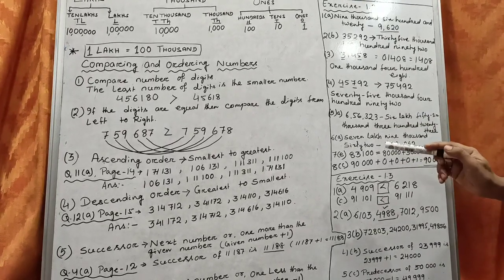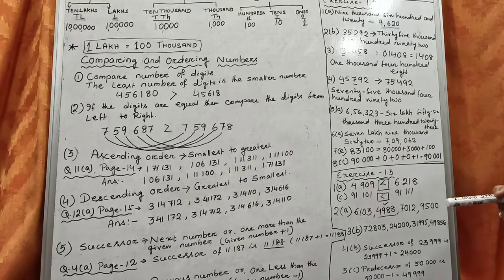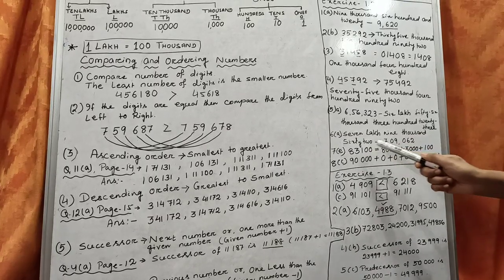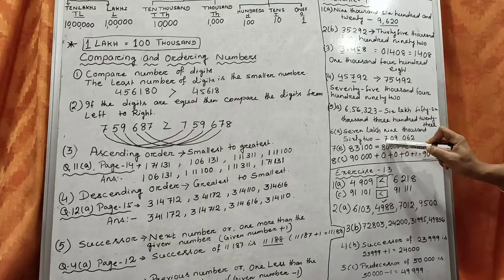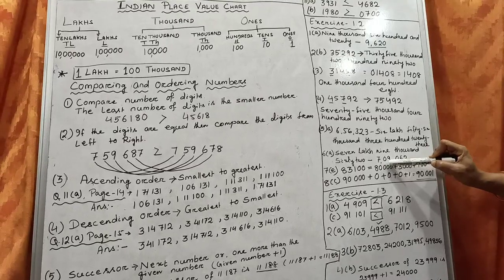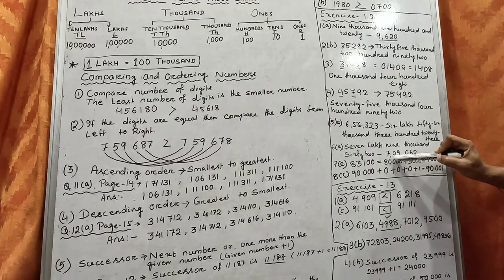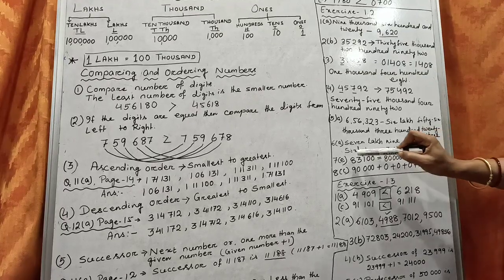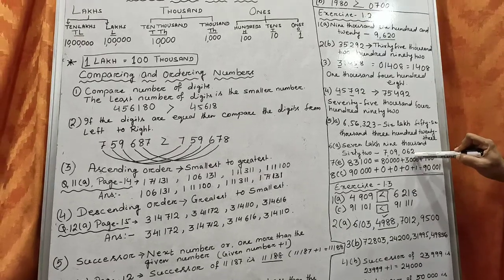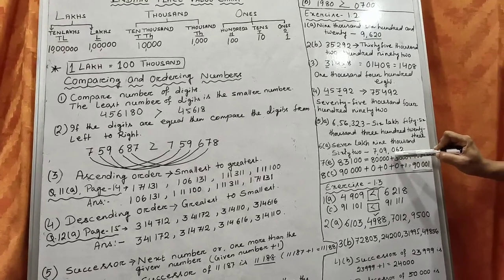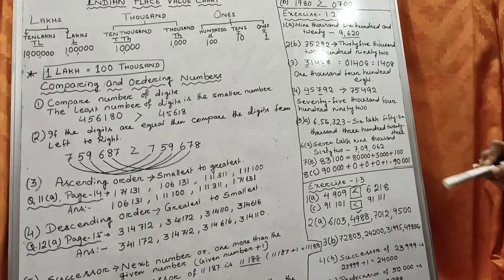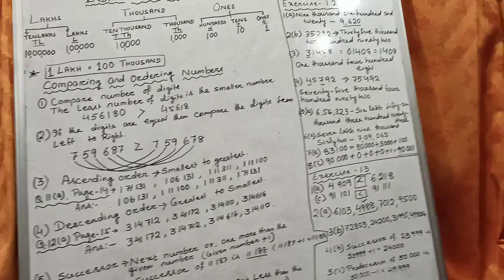Then question number 6. This question is given in words. You have to write in numerals. 7,09,062. 7 is in the lakh place. Then 9,000. You have to write a 2-digit number in the 1000 period, so you put 0 and 9. This is 09. Then 62. The ones period must be filled up by 3 digits. Here 2 digits are given, so you write 0 in the 100 place. So the number is 709062.